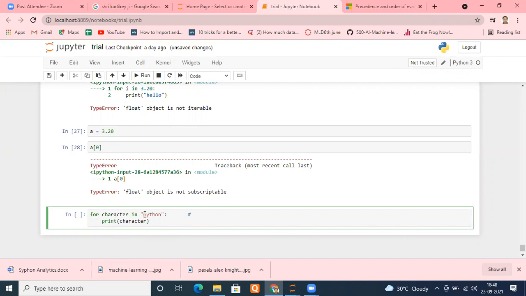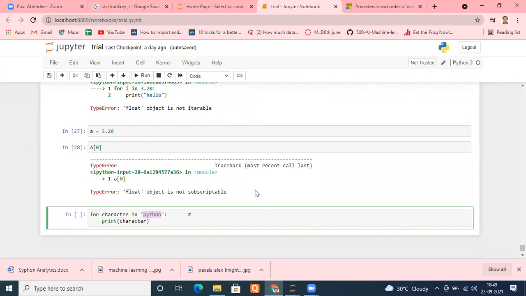This for loop is able to access the individual elements. How many characters are there? Count in the string: 1, 2, 3, 4, 5, 6. So you can immediately say there are 6 elements in Python. So this for loop will run for 6 iterations. How many elements are there in this string? 6. So it will have 6 iterations. Is it fine or not? Till this point, it will have 6 iterations. Yes, sir.